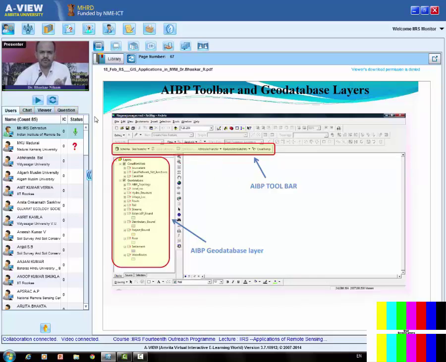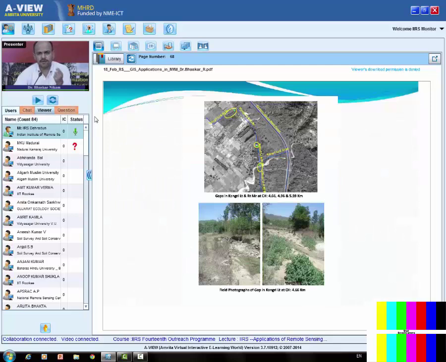The same module can be used, or this kind of modules are available free of cost online also. Now I am trying to show you how it appears in remote sensing data and how it appears on field. Now this one is the main supply canal. I mean this is a main canal of Eastern Ganga Canal project, and this is a Kandi